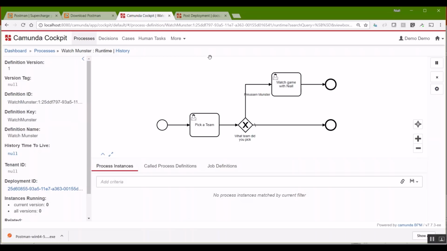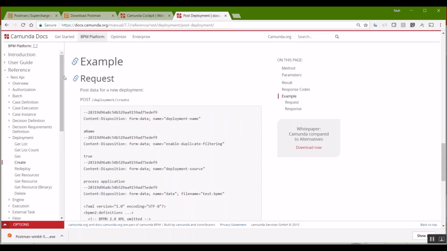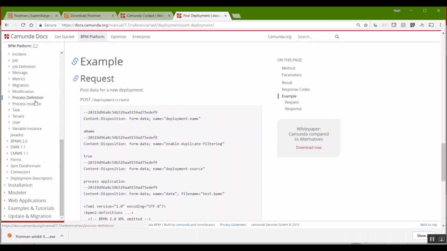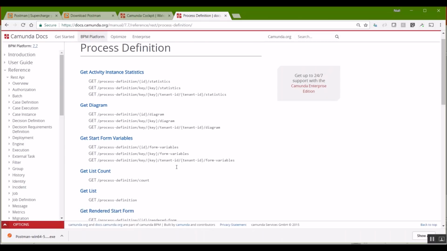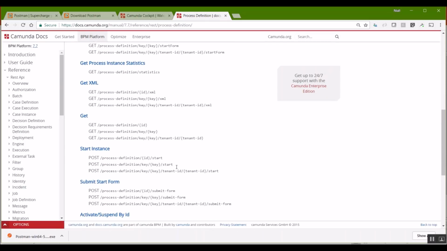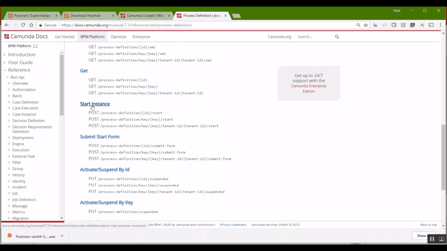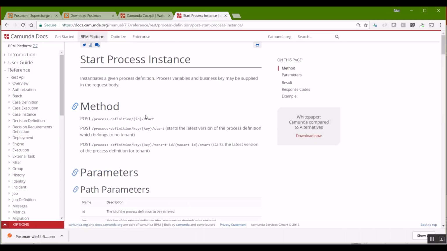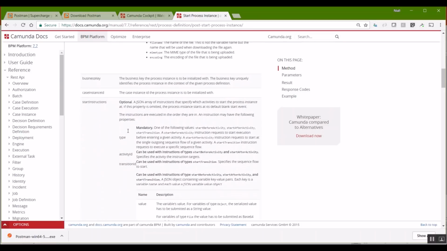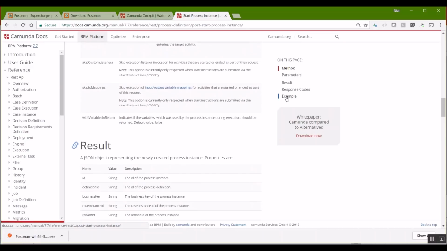So to do that, I'm going to go back to our documentation. If you have a tab open there for the documentation, swing back to it. Otherwise, it's docs.camunda.org, and follow the links to the REST API here. And we're going to go down to the process definition section. If I select that, it should again show the list of high-level calls we can make. And if we want to pick the specific one, in this case, we want to start instance. I'm going to select this, and I'm going to again scroll down until I find the example, which is somewhere near the bottom, or I can click here on the right.